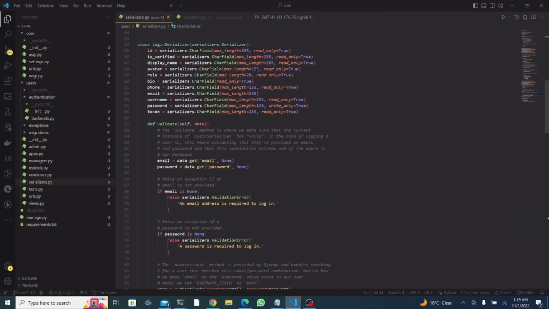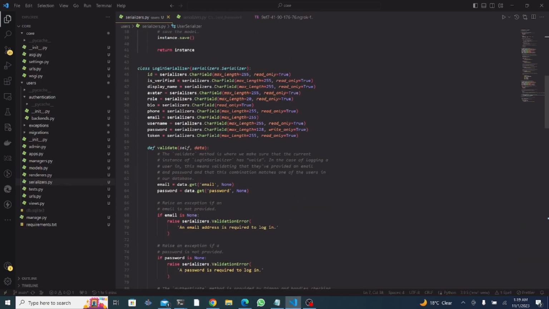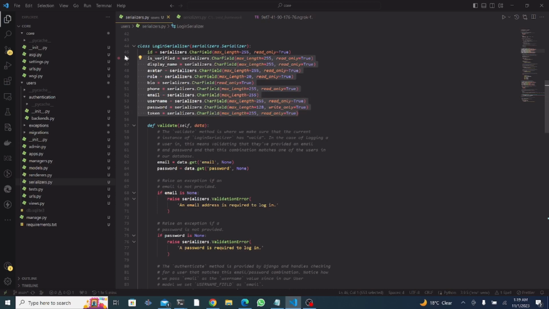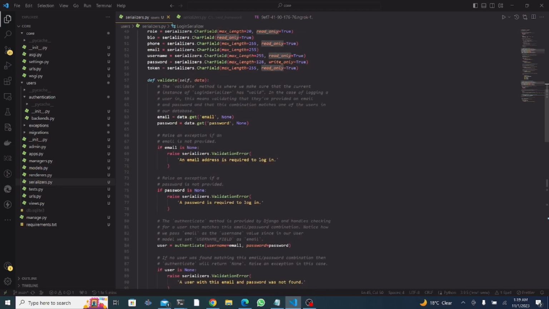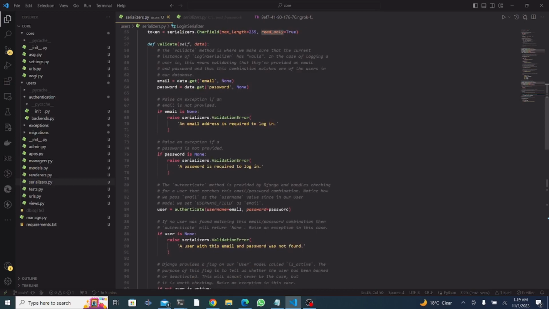The way the login serializer works is this: this is the data that I want to be serialized. When I say read only, this data will only be shown when I want to render it. Okay, so I will not input them. These are not inputs, they will just be rendered. Then I can do the validation here. This is what we